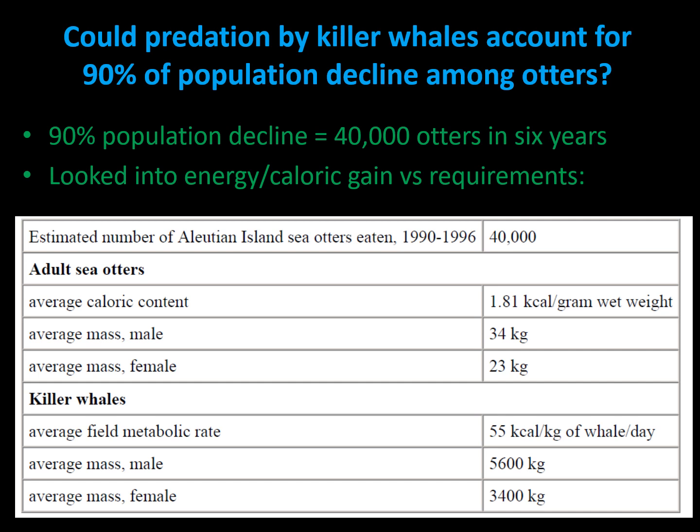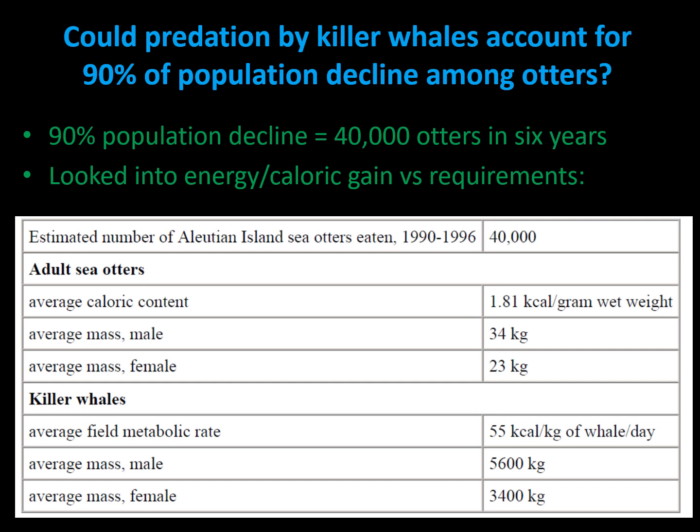Okay, now here's the question. Could the previous math I mentioned account for the number of otters that have disappeared in 6 years? What is the number? 40,000. For how long within 6 years? Well, the answer is it's possible. It has been discovered that it is totally possible, and with the rate of